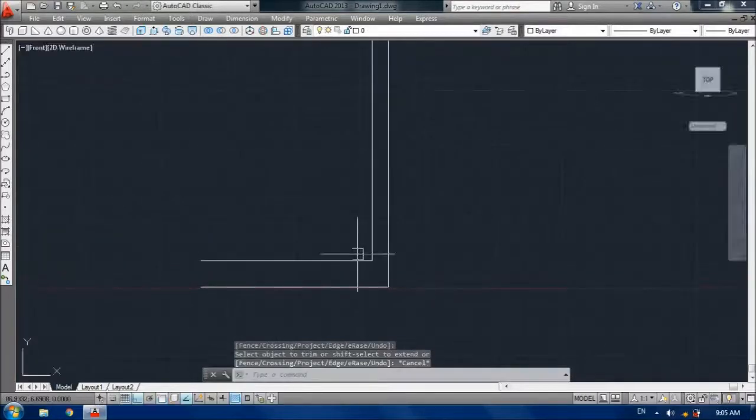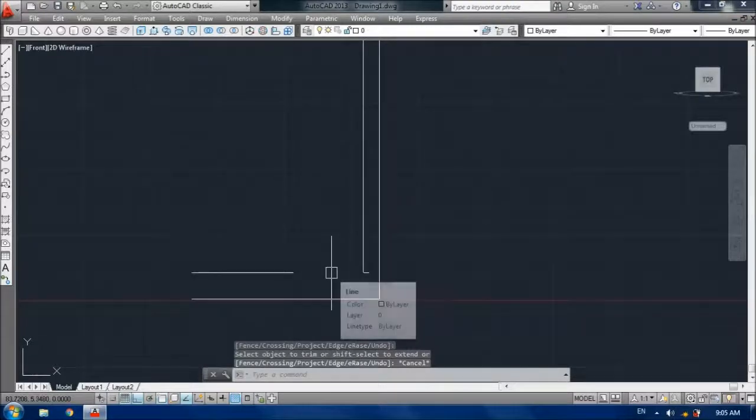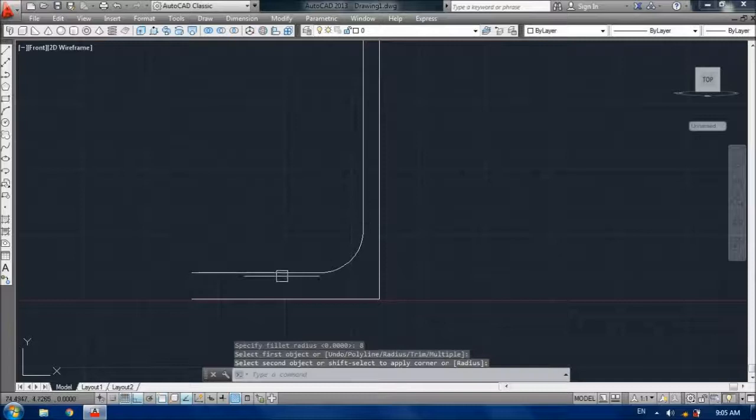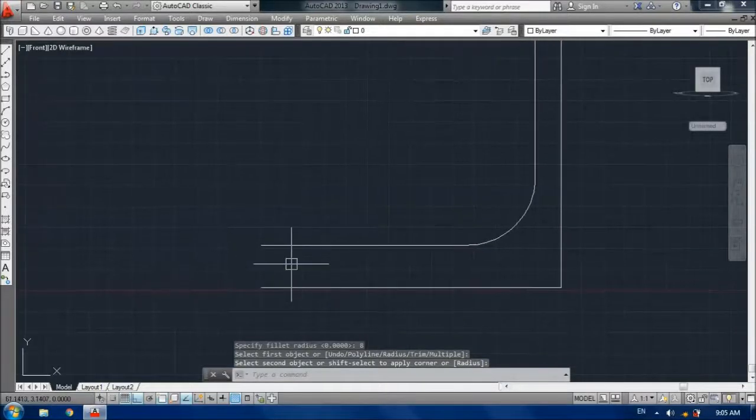Okay, now select the fillet command. For fillet press F and enter, and now select the radius option, give a radius of 8 and press enter, and select both lines. And here we are going to make a half circle.